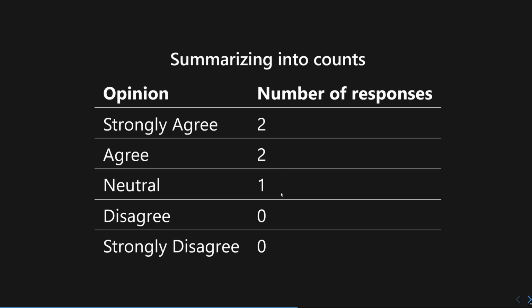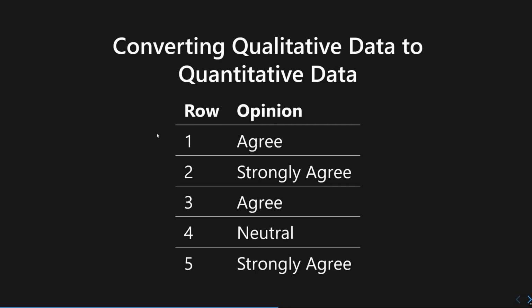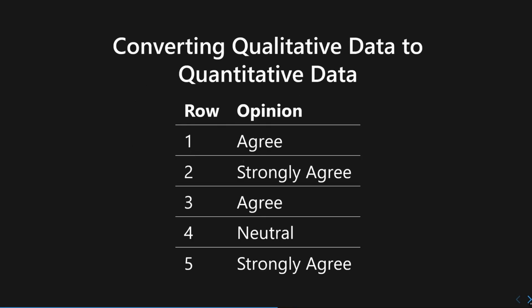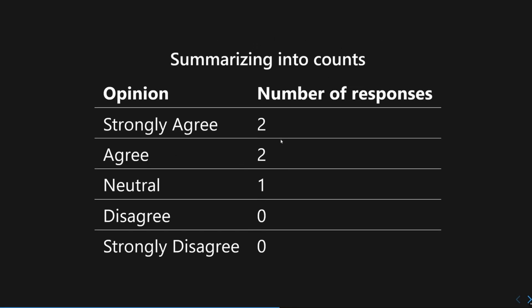So a simple count like the one you're looking at right now does provide us with measurement and values. It does convert your qualitative data into quantitative data, and it also gives you insights on your overall opinion. But you do lose details if you convert your opinions into counts like this, because you are now missing the individual values of every specific respondent. You're missing a lot of details right here. All of the individual answers are now lost because you have summarized them into counts instead.